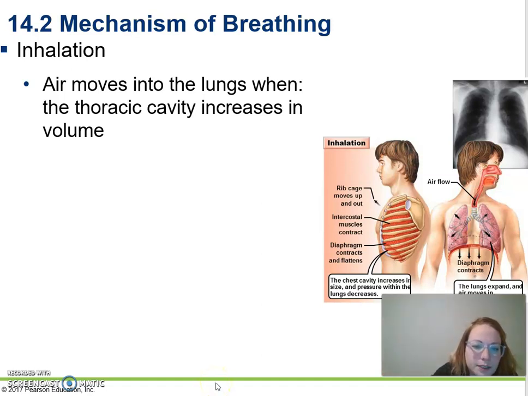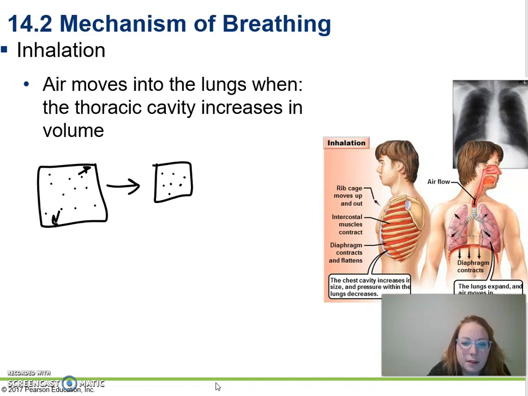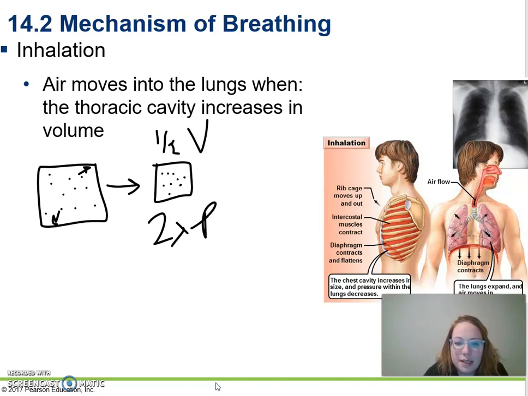So think about it this way. We've got a box, and you've got all of these molecules inside. And when they hit each other and they hit the walls, that's pressure. So if we make that box half the size, half the volume, it's going to have twice the pressure then. Because now those molecules are going to hit each other more, they're going to hit the edge more. So by changing the amount of space, we change the pressure. So in inhalation,